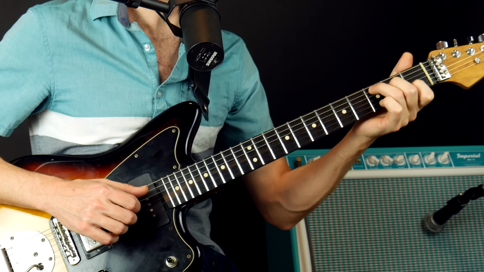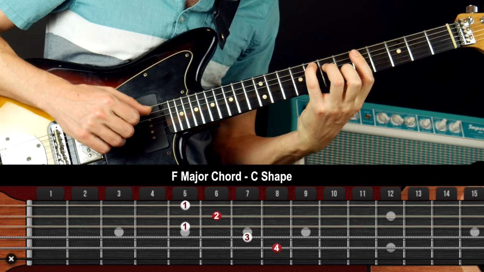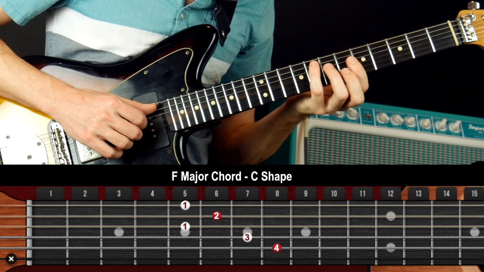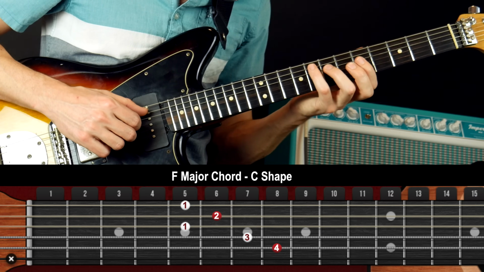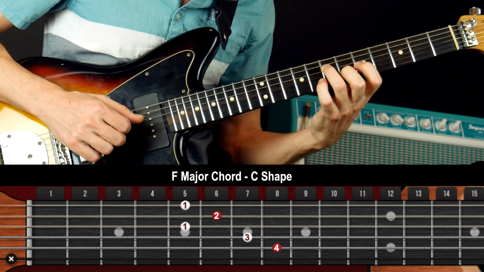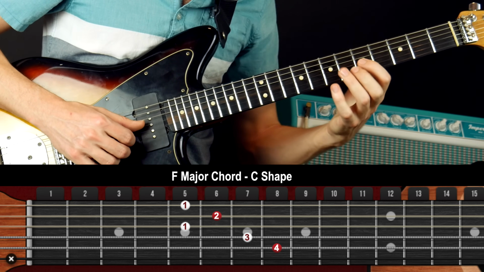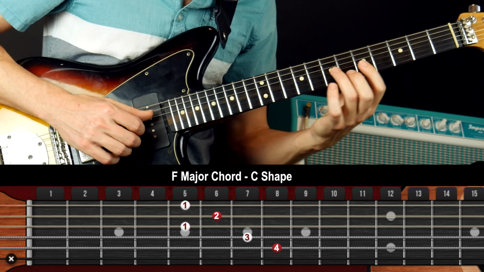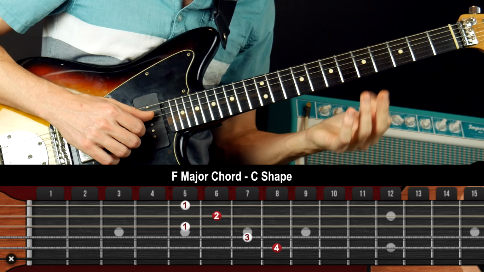Let's take that C shape and play an F again. But let's look at the smaller triads within. We have F-A-C here, which is root, 3rd, 5th. Then we have 3rd, 5th, root. And then we have 5th, root, 3rd, right? So one of my favorite ways to play the C shape